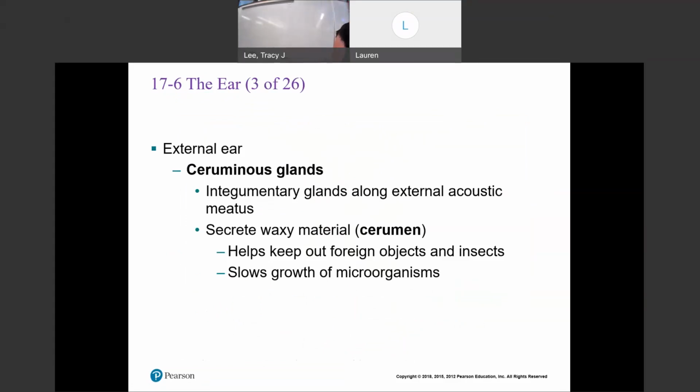All right, you have a ceruminous gland. This basically is secreting your earwax. Why do we secrete that? Well, it keeps things from hitting against your eardrum. So you get a bug come in your ear, or you get dirt come in your ear, it just protects that eardrum from getting damaged. It also has enzymes in it, which is going to slow the growth of microorganisms,